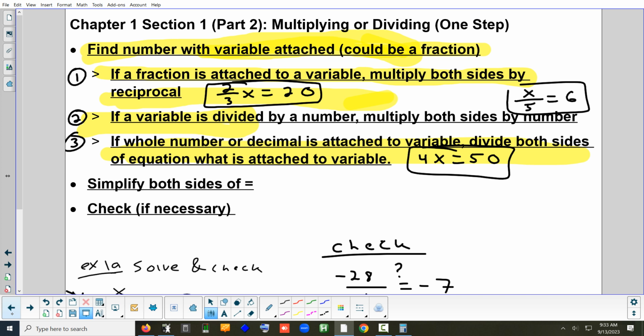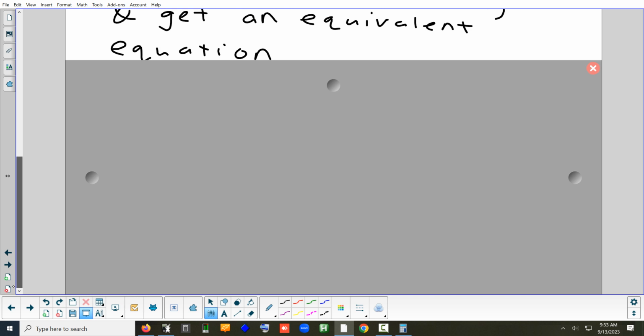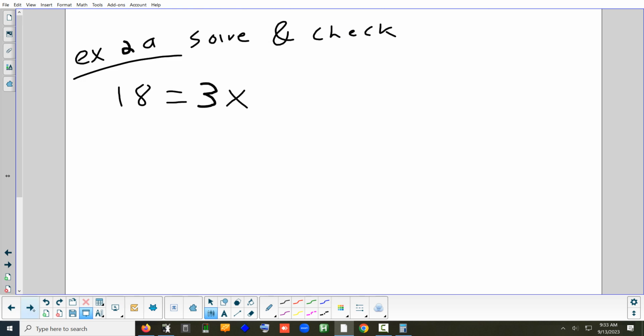Yeah, 3. I know the variable's on a different side, but you have a whole number attached to a letter, and it equals a number. So when we have a whole number attached, what operation do we use on both sides? We're going to use division. All right. So why don't you guys take a minute and see if you can solve that one,